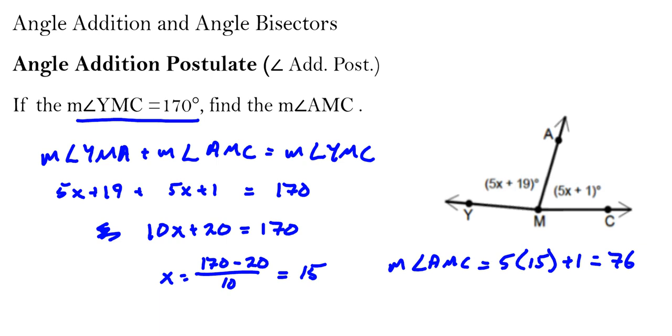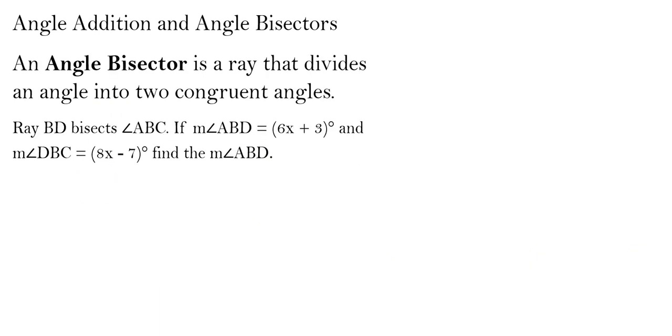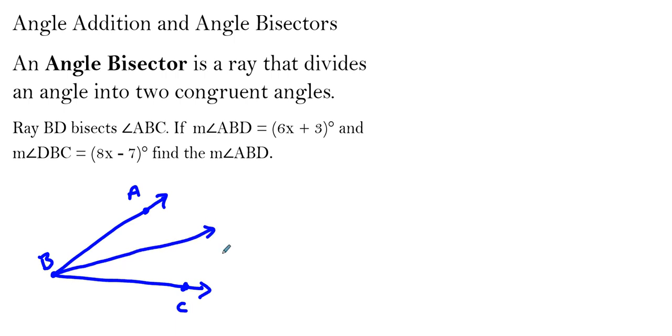Now, if we take one other idea here, this idea of angle bisector, and say, all right, well, if we've got a ray that splits an angle into two congruent angles, that's an angle bisector. So ray BD splits this in half. This is information that you're going to need to be given. And we know that